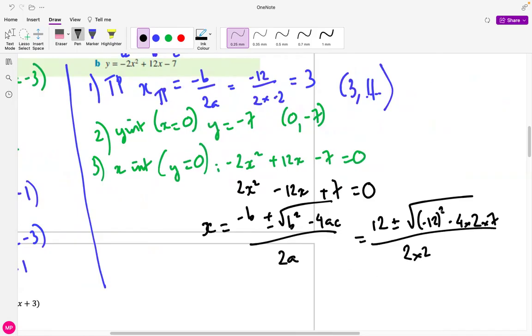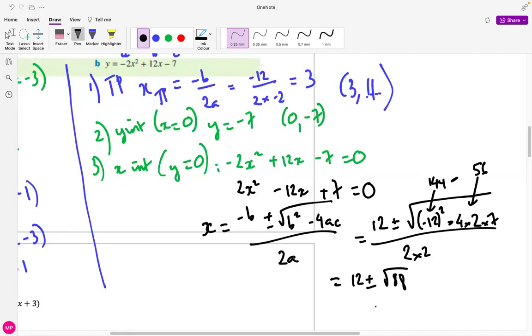So -12 squared is 144. 4 times 2 is 8. 8 times 7 is 56. And then you minus them in between. So 144 minus 56 will give you 88. So you will have 12 plus minus root 88